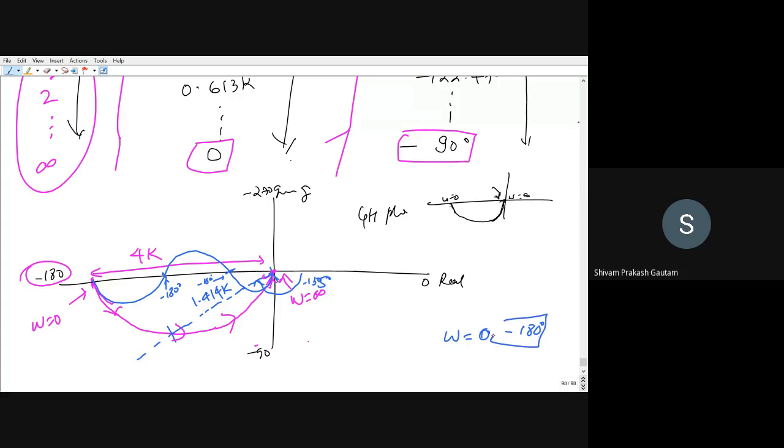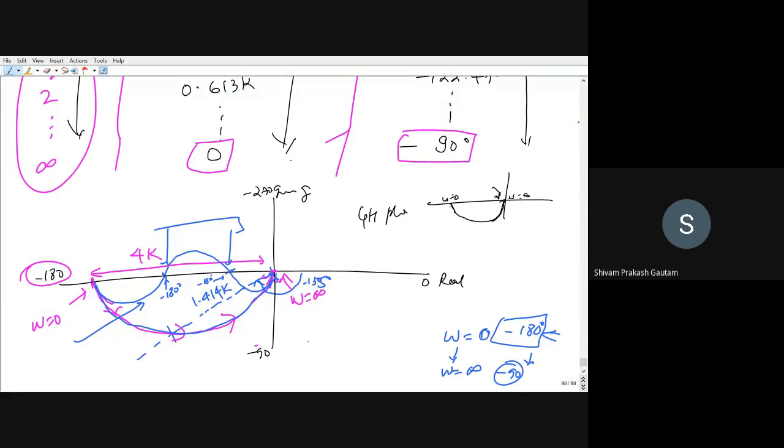and at no other frequency our phase is minus 180 degree, and our phase is also decreasing when we are increasing the value of omega, and for omega equal to infinite our phase has become minus 90. So this is the only possibility that is possible. Otherwise this plot can also be valid, right? But for this plot to be valid, you have to get two frequencies for which the phase has to be minus 180 degree. But that is not the correct condition for the given problem. We will discuss in the next example. This kind of a situation is there.